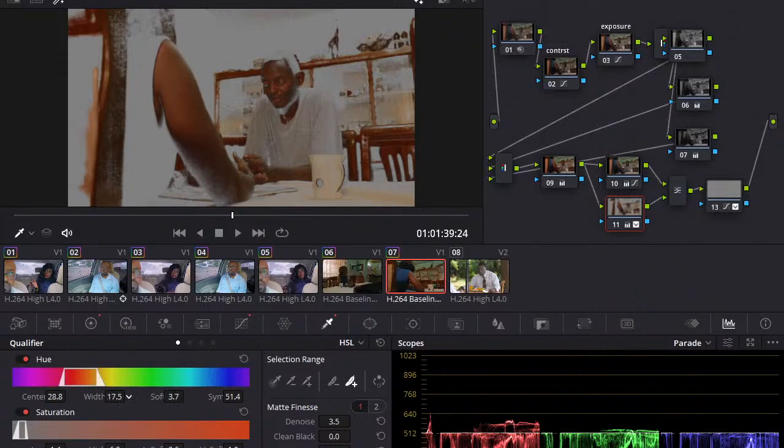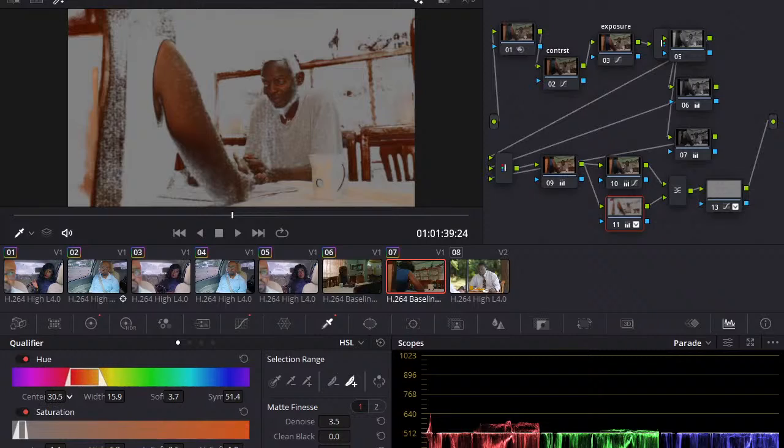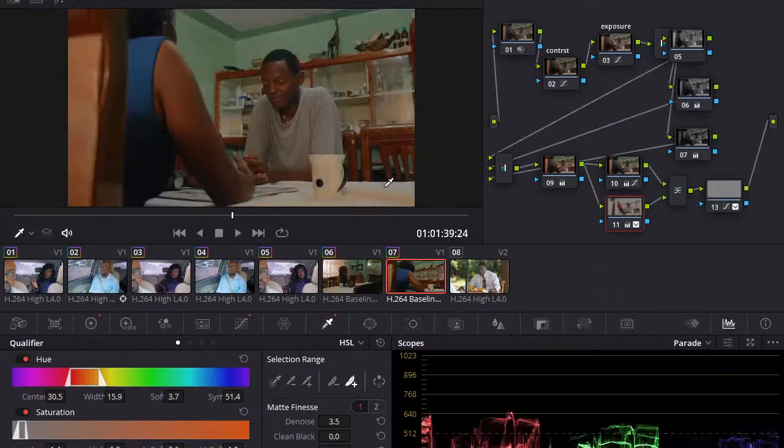And you can see I'm just trying to isolate to make sure that the skin is really isolated. I think that's better. Let's look.